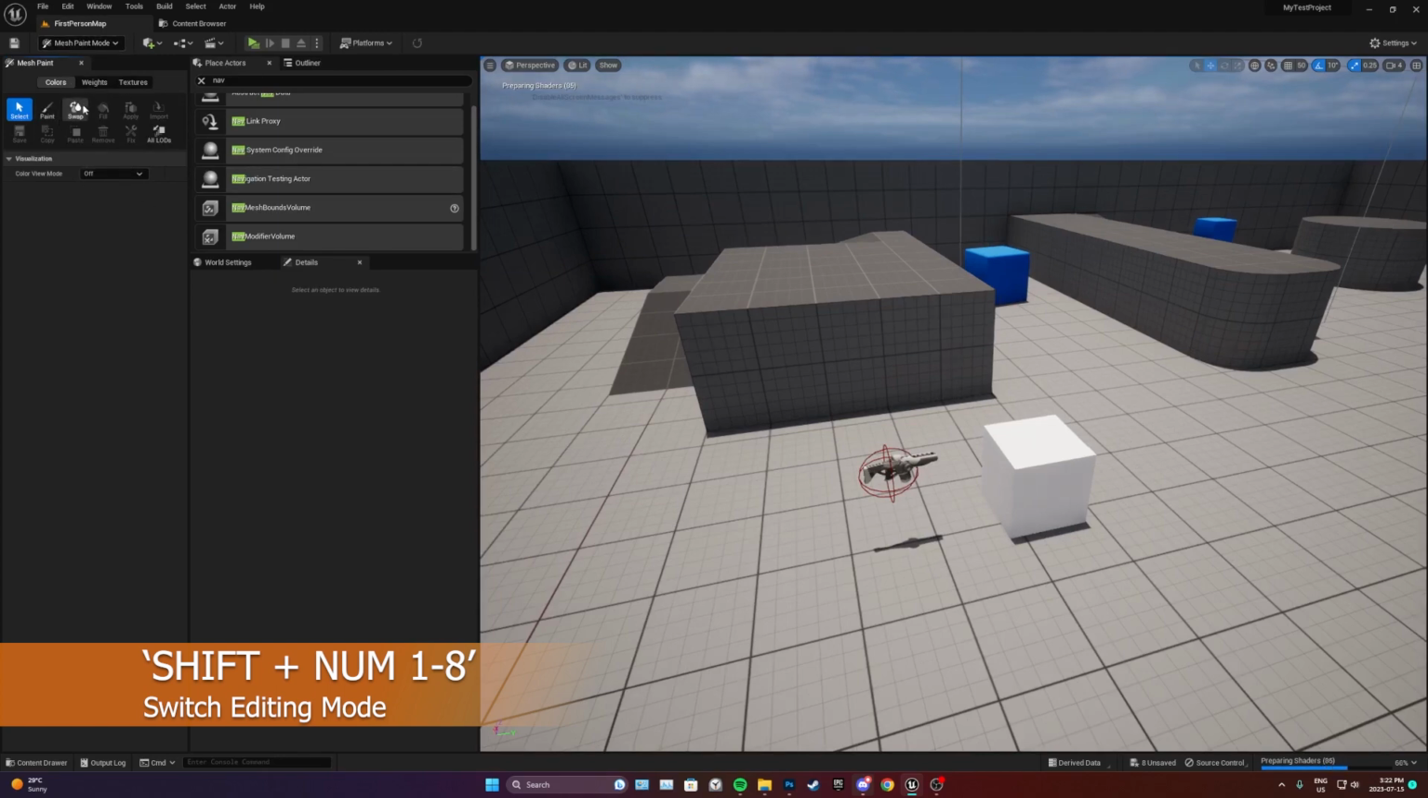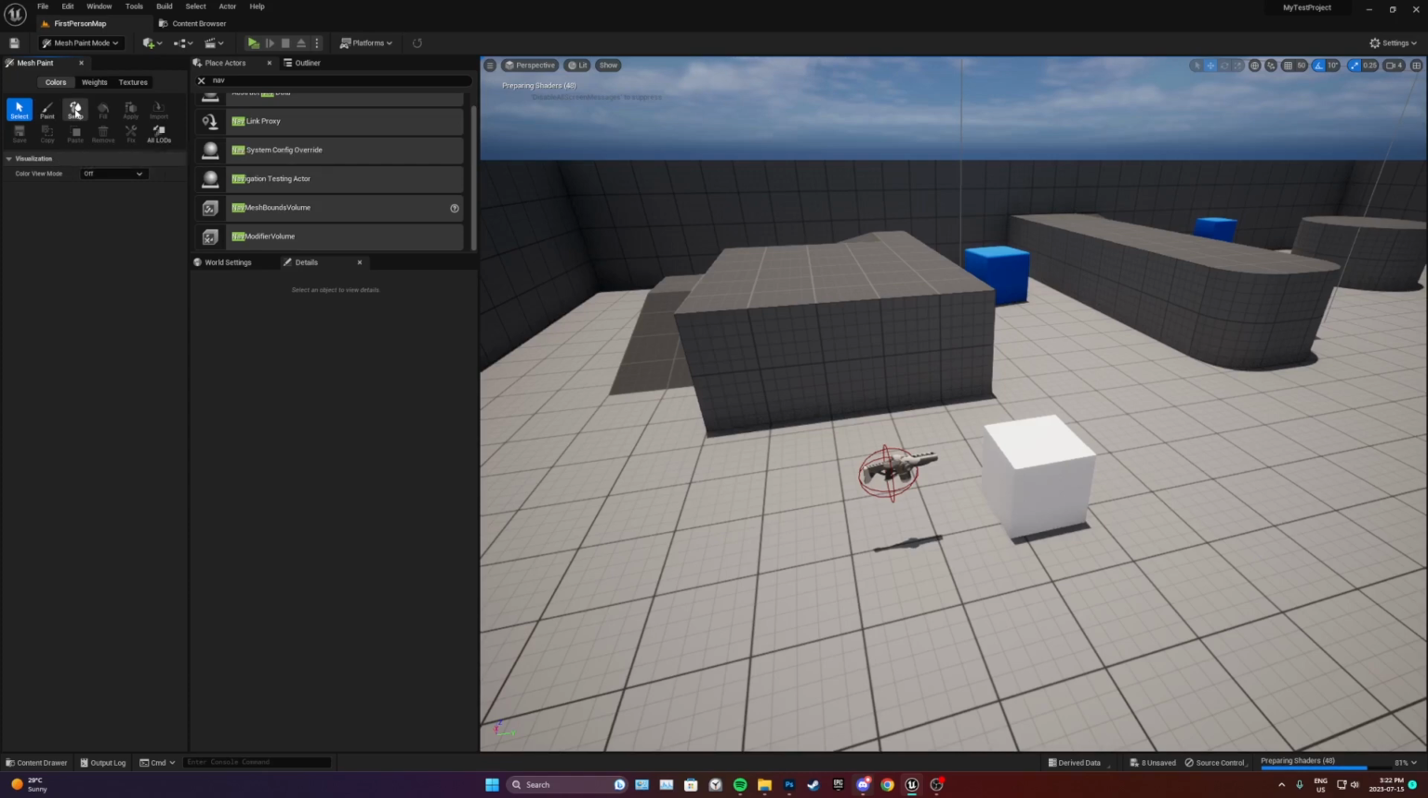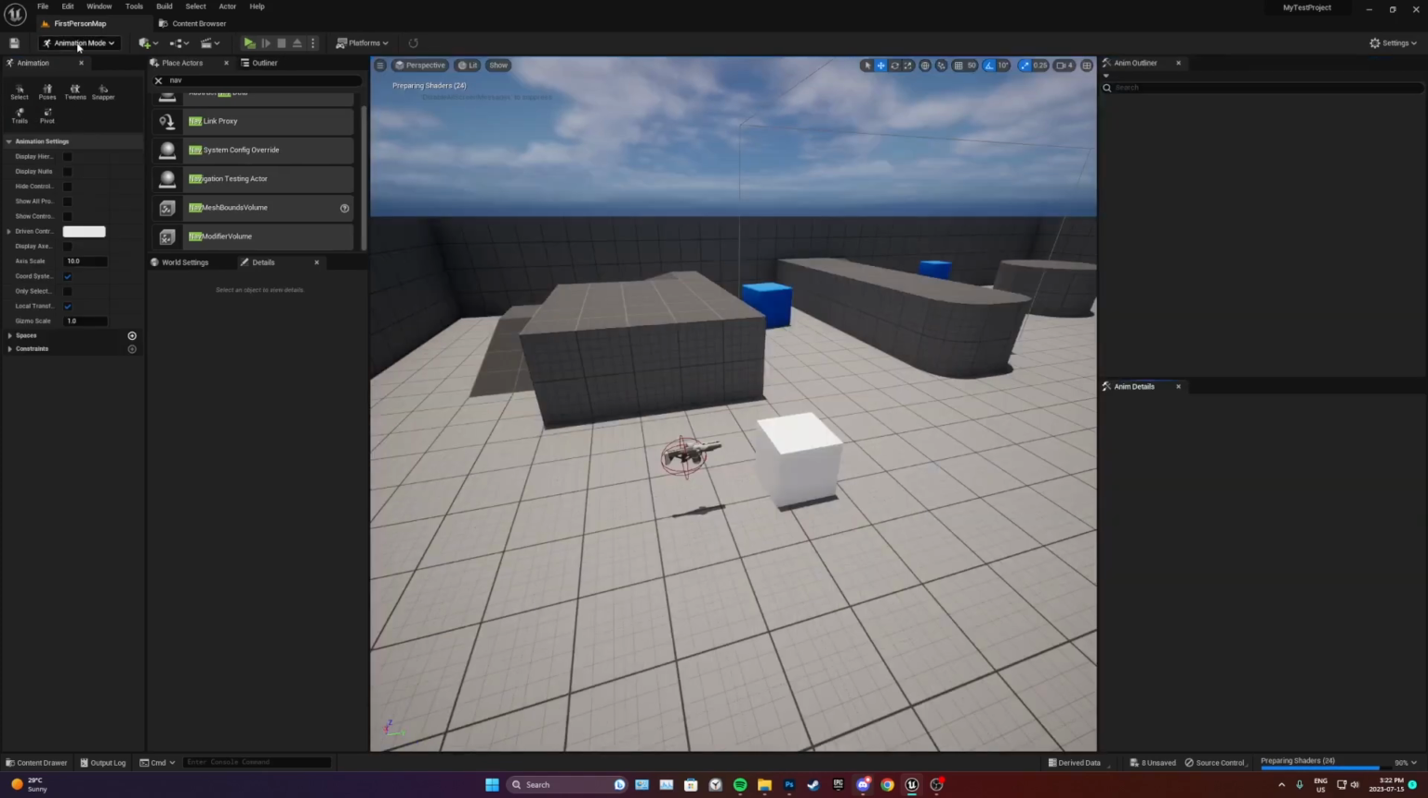Then shift 7 isn't bound to anything, it's just shift 8, so shift 8 will bring up your animation menu. I don't really use that often, but I kind of want to figure out what that is. And yeah, that's pretty much all the hotkeys that I have to go over today,